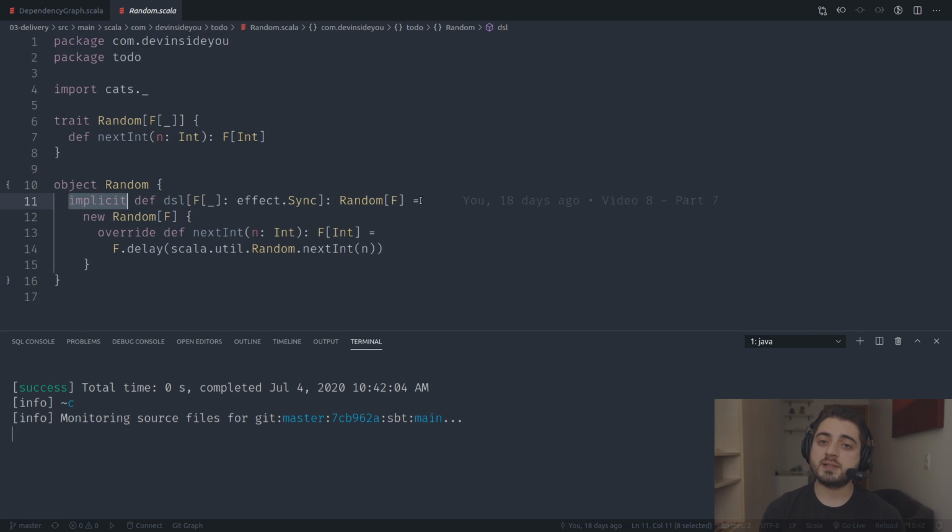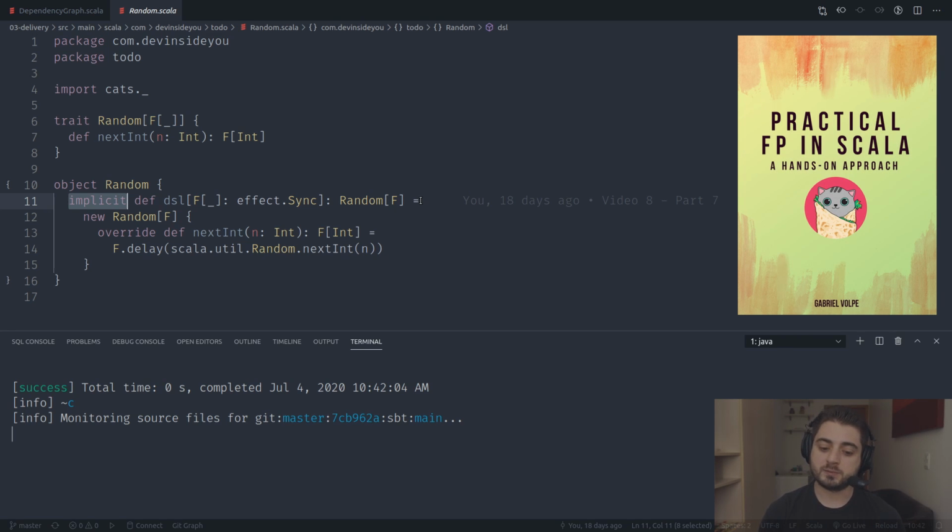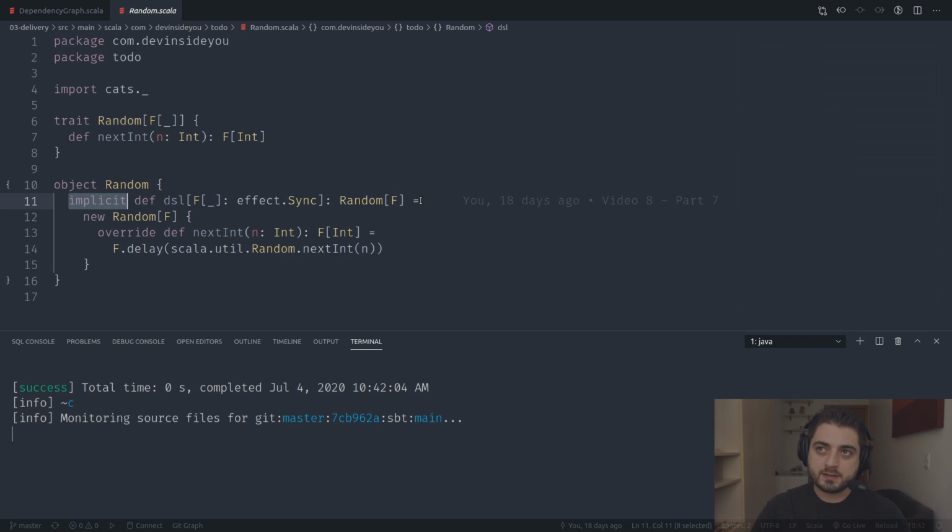And I actually remembered that in that book that I mentioned a couple of videos ago, from Gabriel Volpe, you can actually differentiate between type classes and DSLs, right? So they all look kind of similar because it's just a trait and there's a parameter F, but you can actually differentiate them. And the way you differentiate between them is that you take the Haskell approach where you talk about typeclass coherence, where you basically say it's not a type class if it has multiple instances, right? It's not really the Scala view, because in the Scala ecosystem, for example, we're using Ordering as a type class, even though you can have two instances of Ordering, ascending and descending, right? But if you want to take this clean view on type classes, then you would say